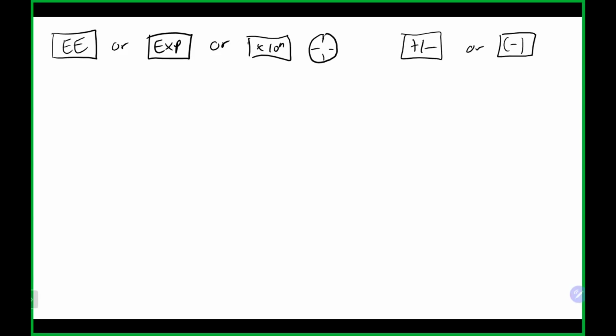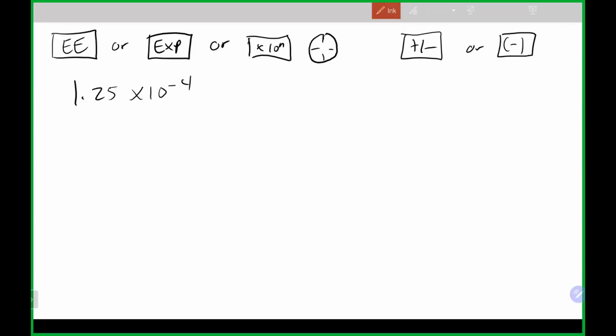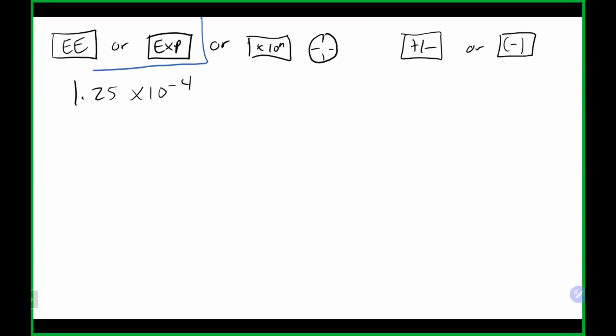So if we were going to put a number into scientific notation into your calculator, let's just say we had 1.25 times 10 to the minus 4. And we'll first talk about these two buttons here. We'll come back to this guy and what you have to do if you have those buttons on your calculator. If you were going to put this into your calculator correctly in terms of scientific notation, you should hit